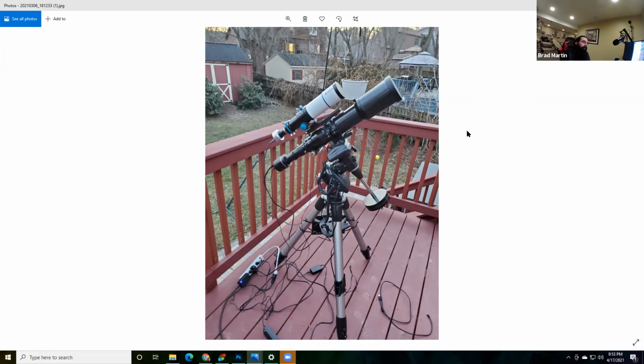Luckily, aiming for galaxies with a telescope like this is asking for trouble, because you don't really have the focal length to get a large size image. But luckily my scope is pretty good, so I'm able to punch above my weight class a little bit in that regard. But anyway, no filters, and I don't have any recommendations for filters for you, unfortunately, because I don't use any.